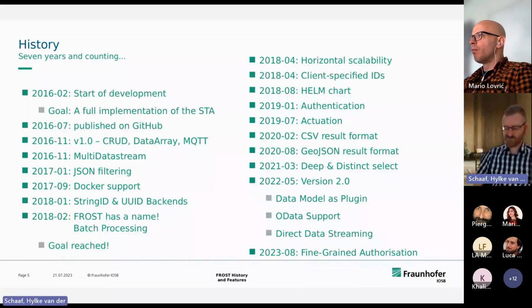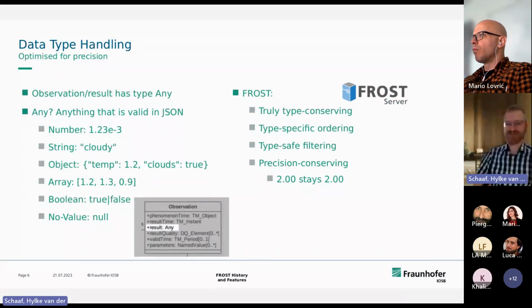So there's still more changes in the pipeline, even though it does support the full SensorThings API. Some of the important features of Frost: data type handling. The SensorThings API says that the observation result is type any. That means any valid JSON. So that can be numbers, strings, complete objects or arrays, but also Booleans